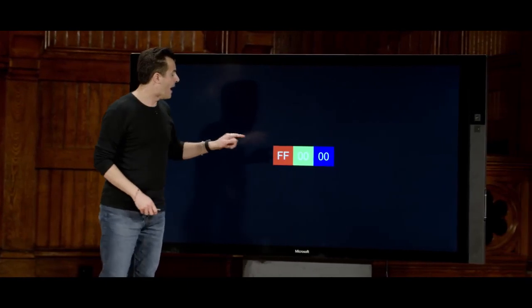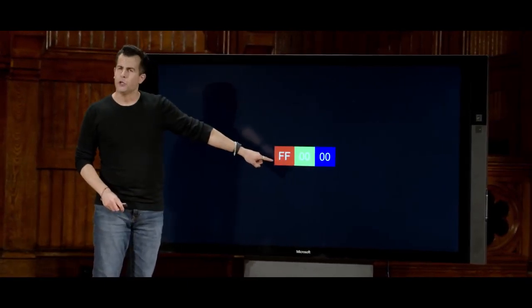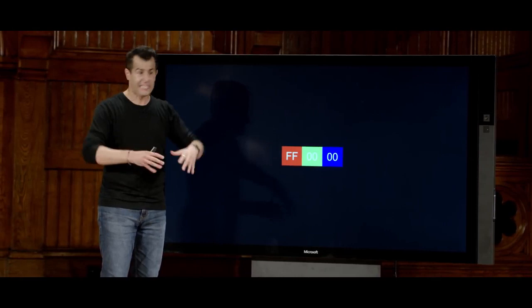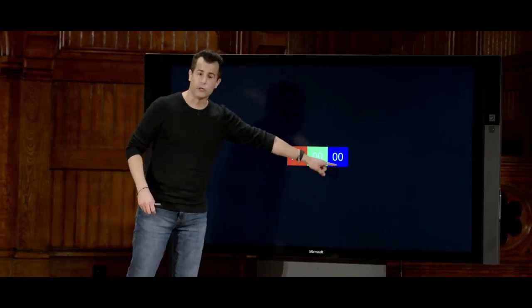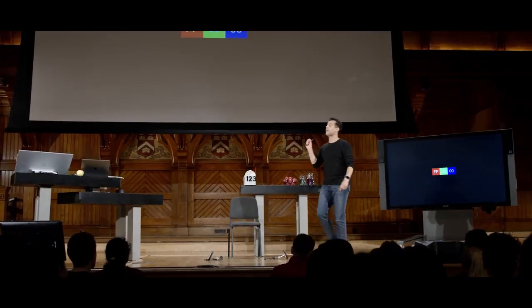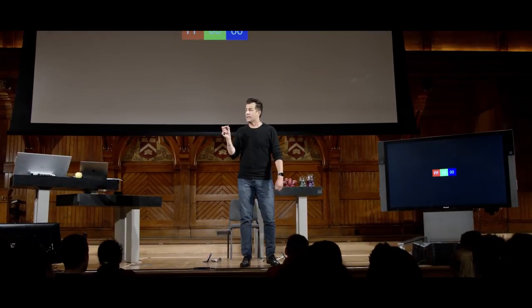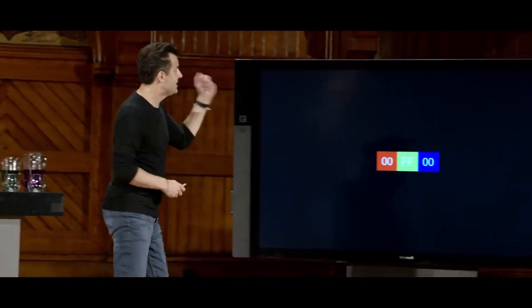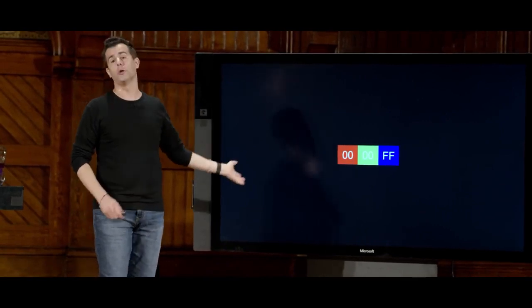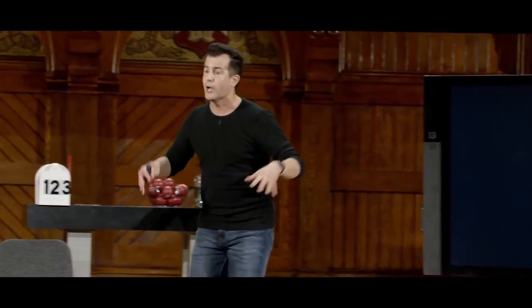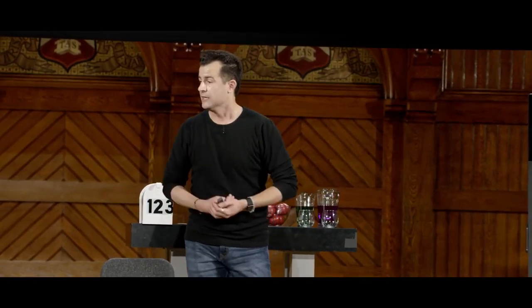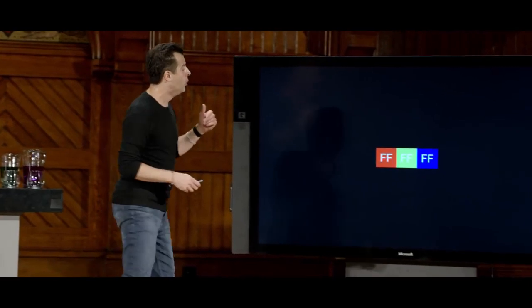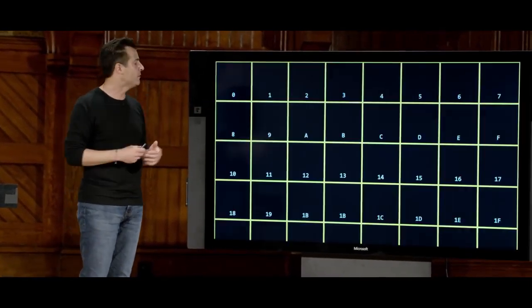If, however, you have FF, which is what? 255 amount of red. That's a lot of red. And 0 green, 0 blue. So if a computer were to represent a pixel on your screen as red, it would store FF0000. That is a lot of red, no green, no blue. Meanwhile, if you had this representation, this would be green, this would be blue. And if you combine all 3 colors, a lot of red, a lot of green, a lot of blue, this is how a computer would represent white. And so we'll come back to this later on in game development and web development and mobile if of interest. But notice that this is just a common convention as well.